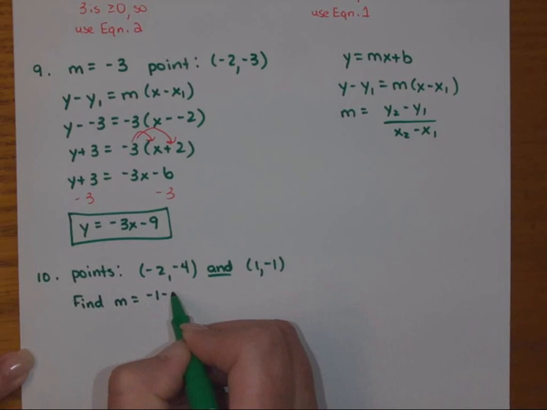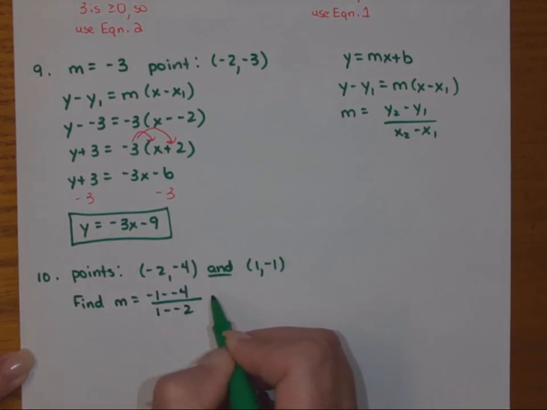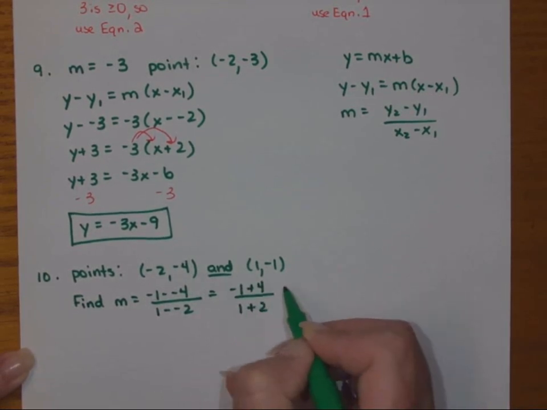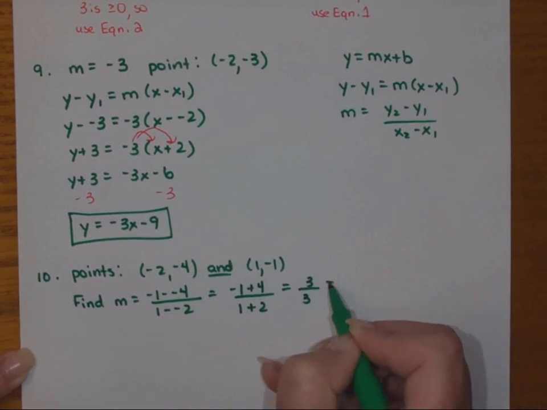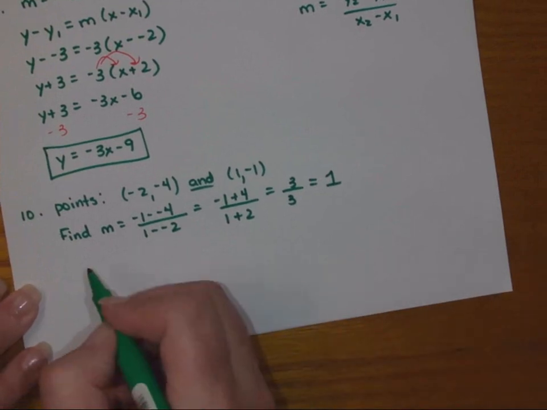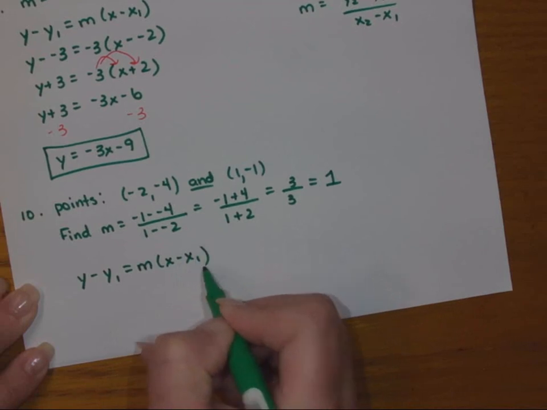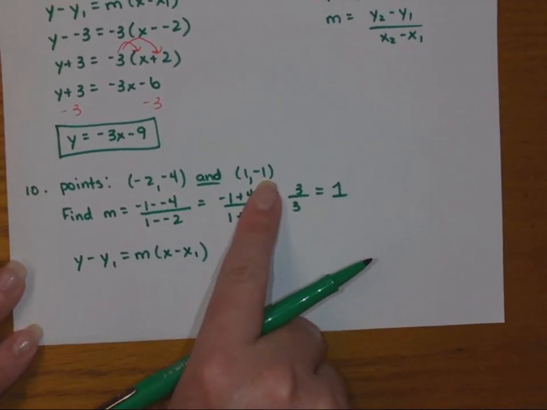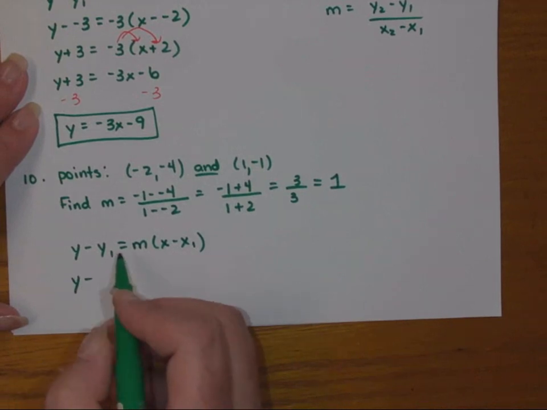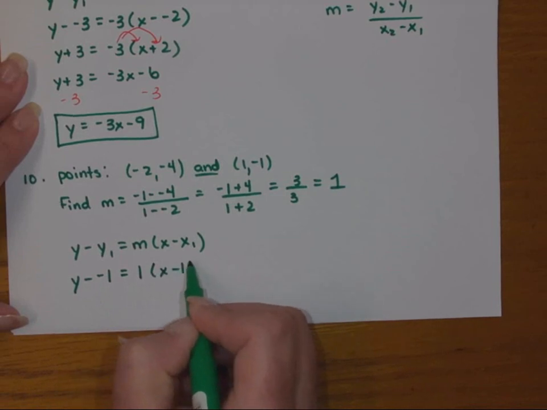So it's y2 minus y1, notice the double negative there, over x2 minus x1. So that's -1 plus 4 on top, 1 plus 2 on bottom. So you end up getting 3 over 3, which is just 1. And now I'm going to use that to use the y minus y1 formula, the point-slope formula. It doesn't matter which of these 2 points you decide to use. I'm going to choose this one just because the numbers happen to be smaller, but you would get the same result either way. So y minus the y value equals the slope we just found times x minus the x value,